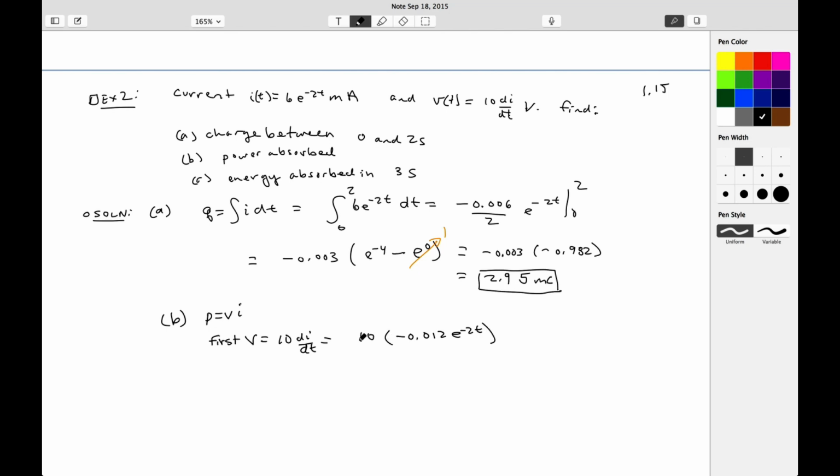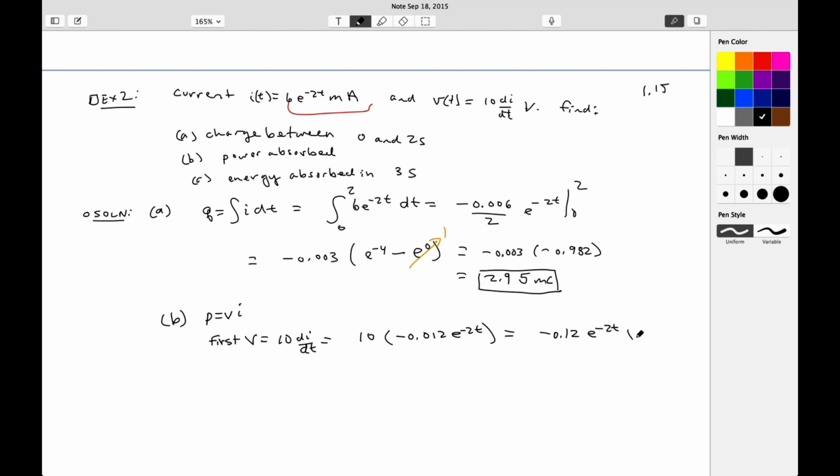All right, that's the derivative of I. So this is I in milliamps. If I take the derivative, the minus 2 comes out, so I get negative 12. And then it stays in milli, so I want to make sure this stays in milli, just to make sure my units are okay. All right, so this is equal to negative 0.12 e to the minus